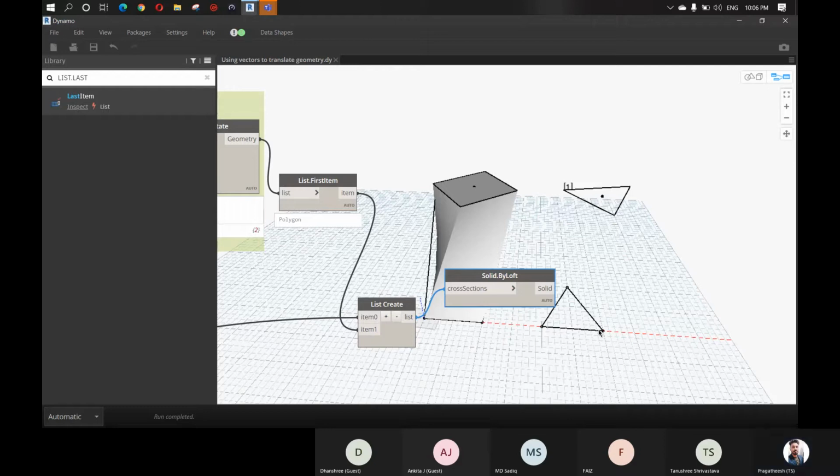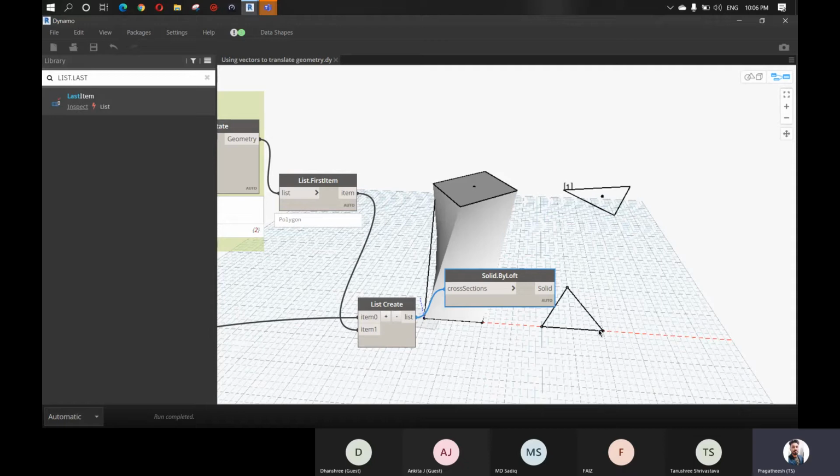But what if instead of two solids, we need to produce 100 solids? We would be copy pasting the same set of nodes over and over until we get to 100, right? But in visual programming, that is a red flag. If you find yourself copy pasting the same set of nodes, that is an indication that there is a more efficient way to accomplish what you are trying to do.